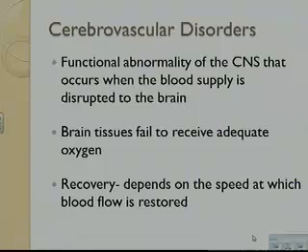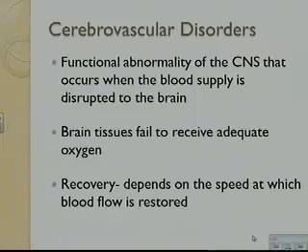And for every minute that the brain cells are deprived of oxygen during this condition or this stroke, brain damage increases. And the chances for survival and recovery improve when treatment begins within the first few hours of those stroke warnings. And we're going to be talking about those in a few minutes.